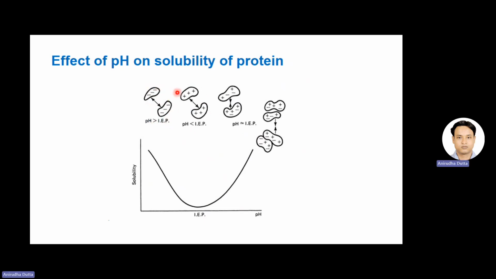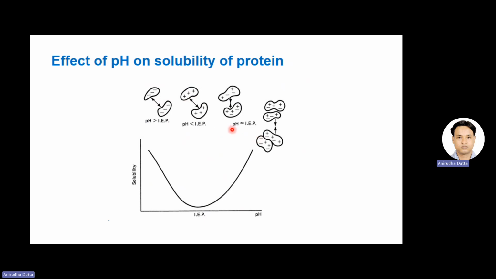The same thing is true for a pH which is lower than the isoelectric point. The protein would have a net positive charge, and because of positive repulsion, the protein would be in the solution. However,